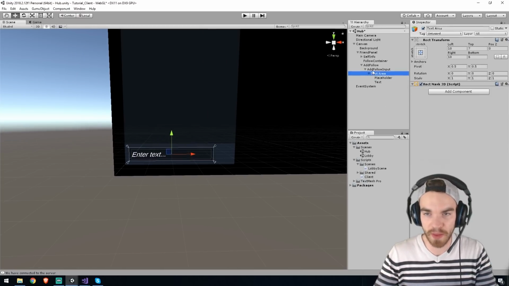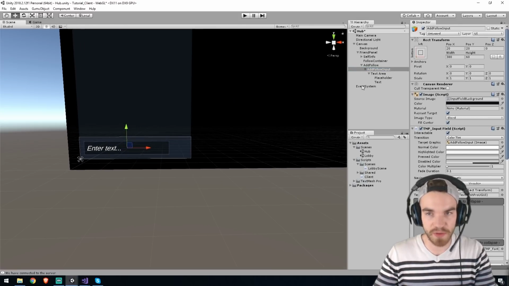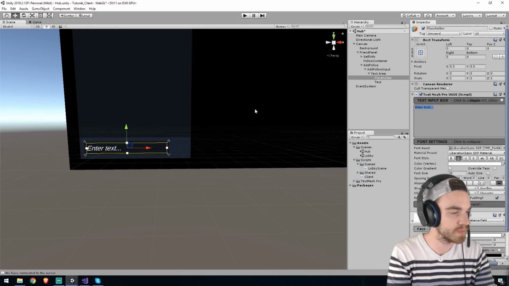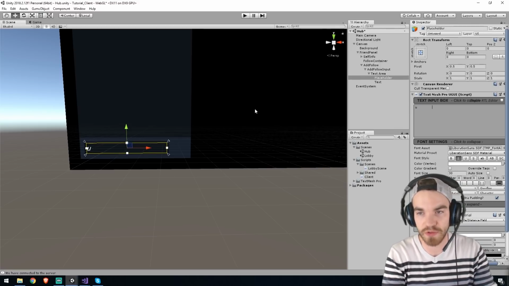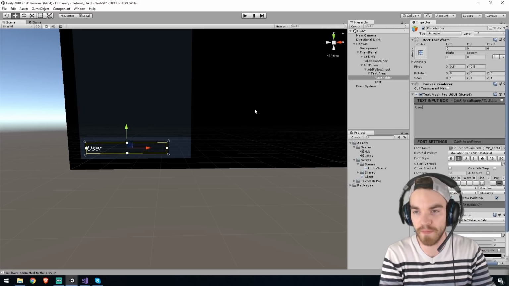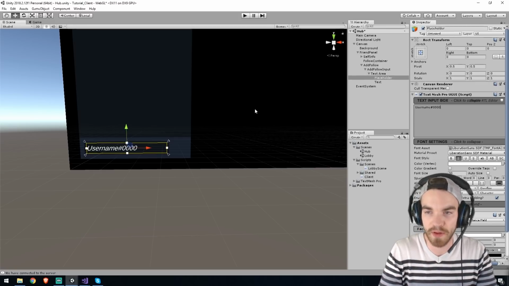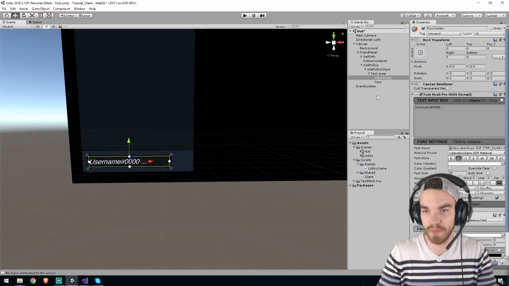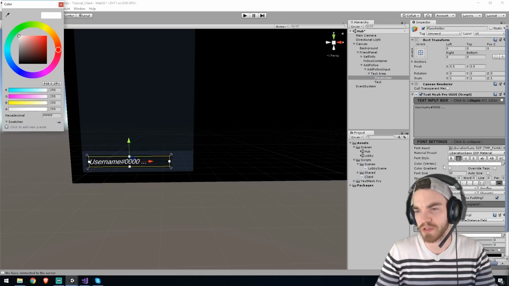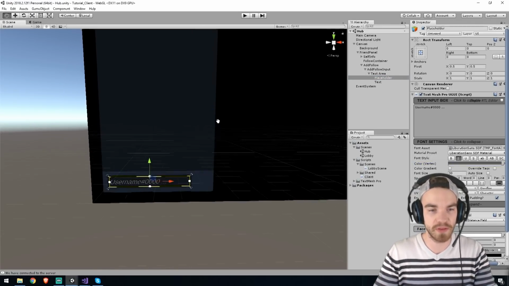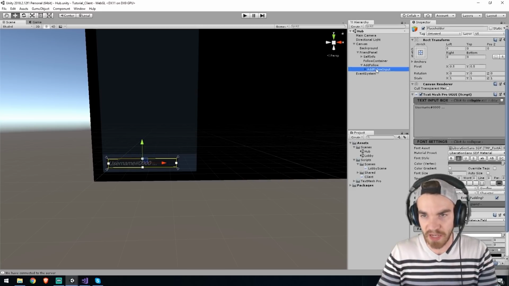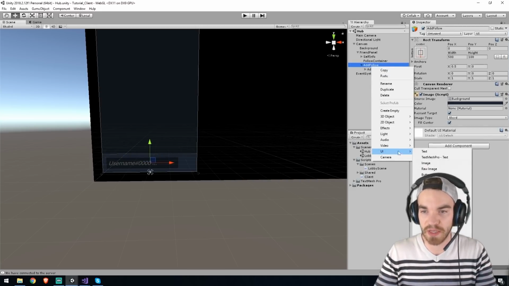And yeah, that should do the job. Now for the placeholder, we'll just do something like that. So username and triple dot. Maybe for a placeholder we want to reduce the color a bit, make it blend more with the background. Okay, right, and the final thing is going to be a button